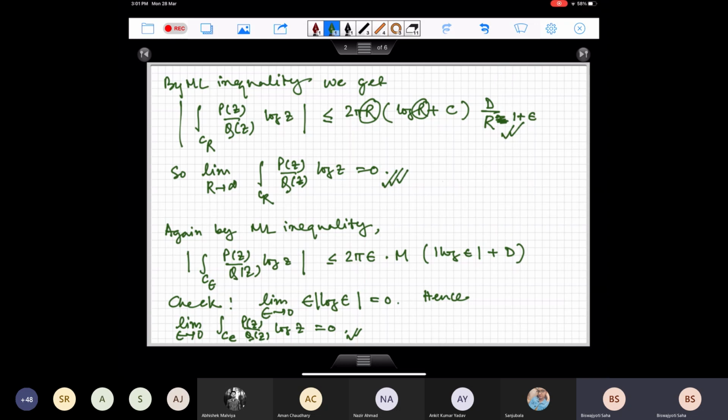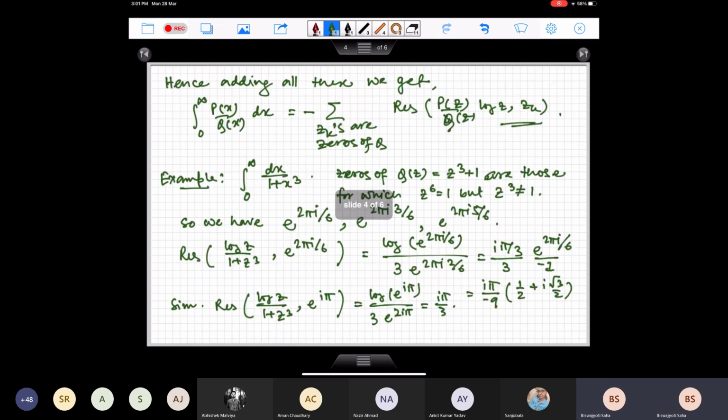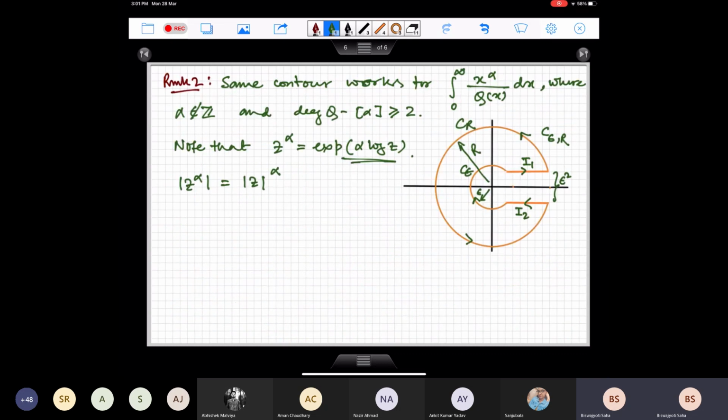So therefore really 2 is something which is, since we were talking about integer and all that, so we got 2 degree of a polynomial and all that. So we got 2, but effectively you need something which is slightly bigger than 1 to ensure the convergence. So here, since already you have degree q minus integral part is bigger than or equal to 2, you get degree q minus alpha is strictly bigger than 1. So therefore the convergence on, like, the